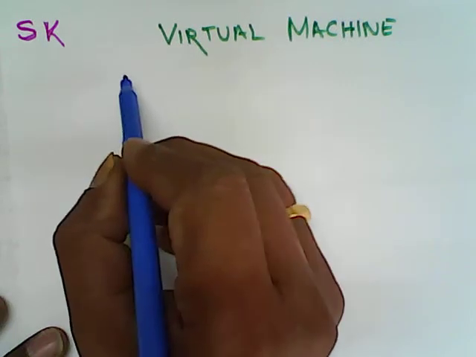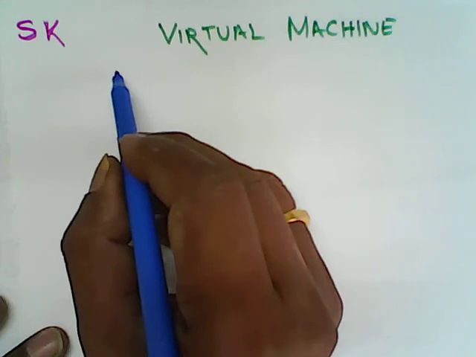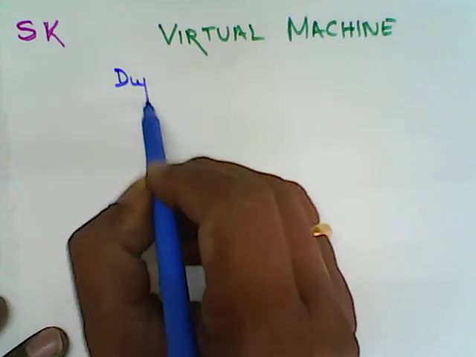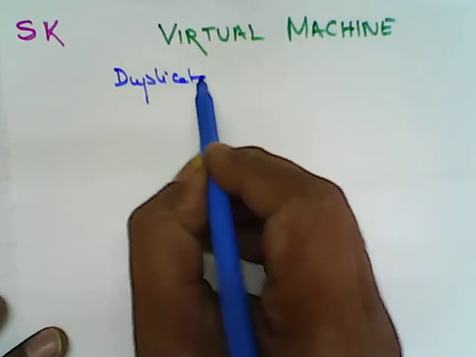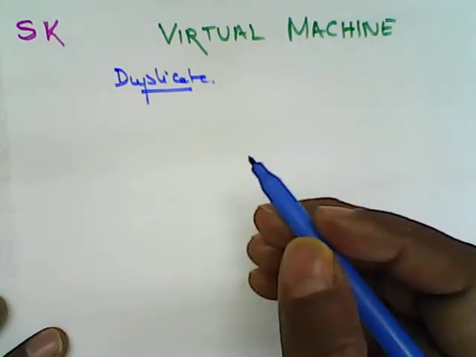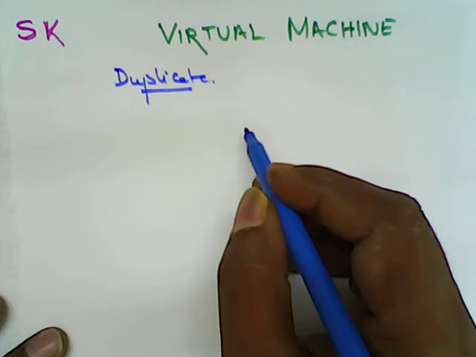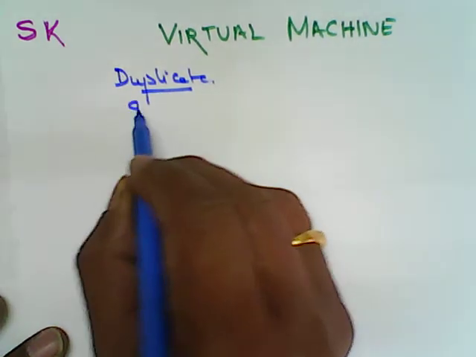That means virtual, as the name indicates, is a duplicate. I can put it in another simple word. Virtual is duplicate, like you are standing in front of a mirror and you are seeing your own image there. So virtual is a software. It's basically a software,